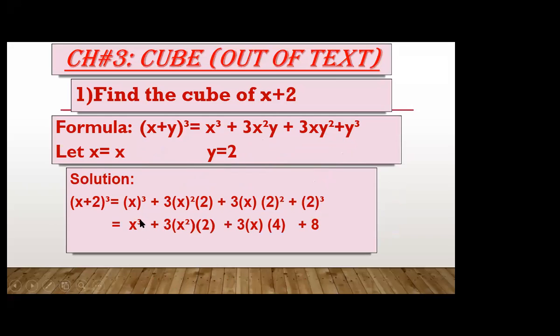So you get x whole cube, we get x cube, right? Let me show you this step properly. Listen, x cube, and write 3 as it is, x whole square, you have written x square within the bracket, and then 2 is copied as it is. Now 3x is written as it is. 2 whole square means 4. Now 2 whole cube means 2 multiplied thrice: 2 into 2 into 2. 2 twos are 4, 4 twos are 8.